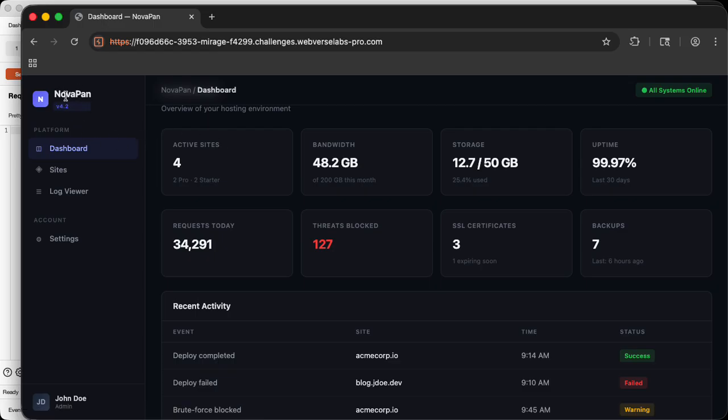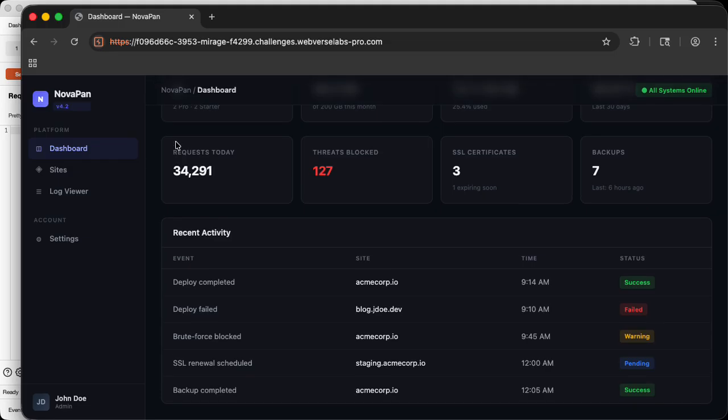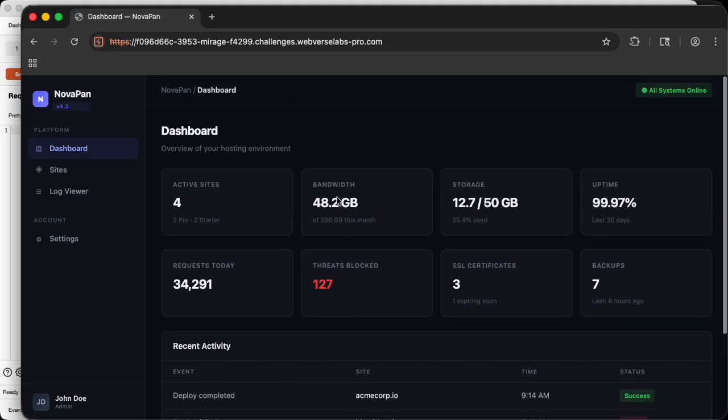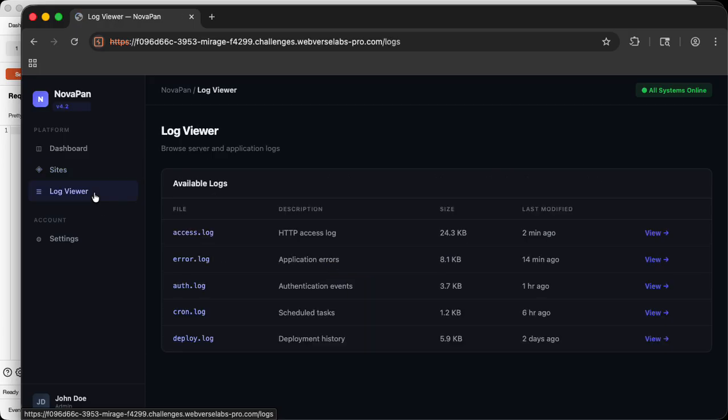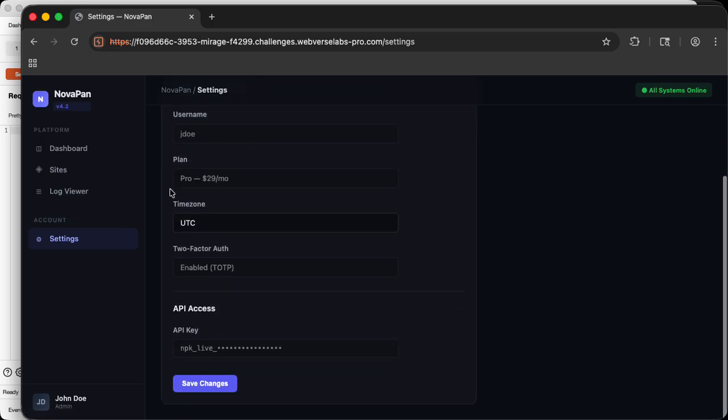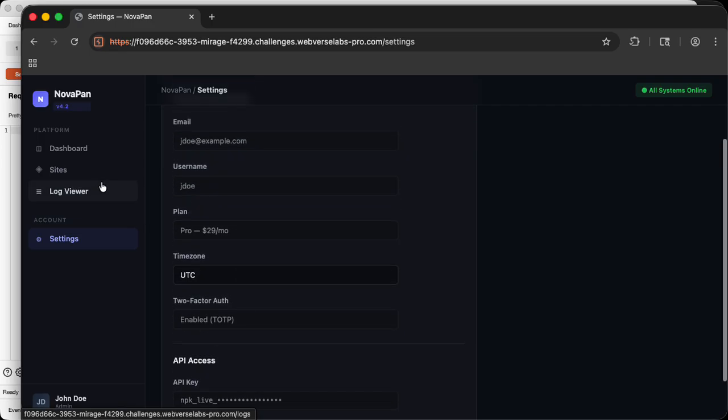Using the software Novapan, I don't know if this is real software, it might just be made up for this lab environment, but essentially we've been given a challenge to see if we can get a local file inclusion. So let's go and take a look through the app and see if we can figure out where to go. It does give us a hint,